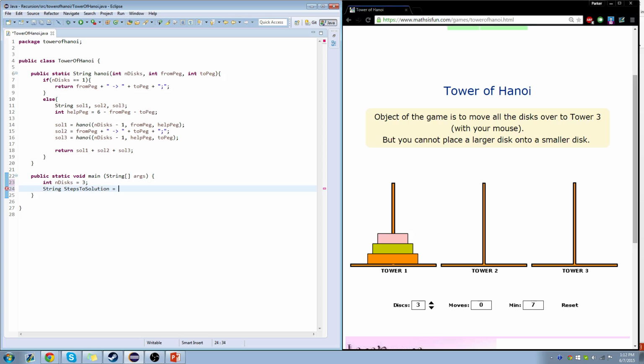And we'll set that equal to Hanoi n disks. And we're going to create the from peg is 1 and the to peg is 3. By now you should have learned about advanced for loops, so I'm just going to create this right now. For every step in our steps to solution,